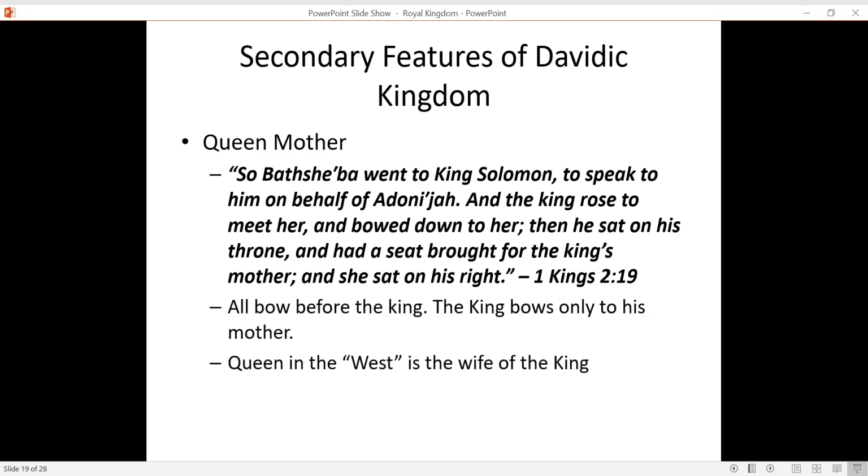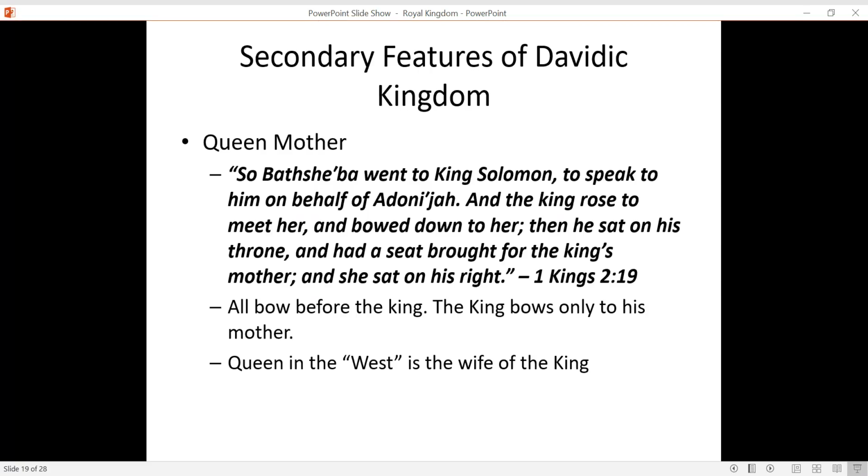First, in the West, the queen is the wife of the king, right? That's in Western cultures. But often in Eastern cultures, kings would marry many wives for political alliances. He may have one true wife, but he may have lots of, we call them concubines, like politically arranged situations for the sake of peace treaties or benefits to different countries. And when you have a harem or a multitude of women who you may have children with, you want to continue your royal line.